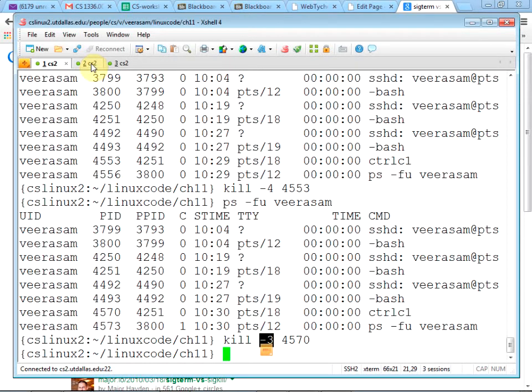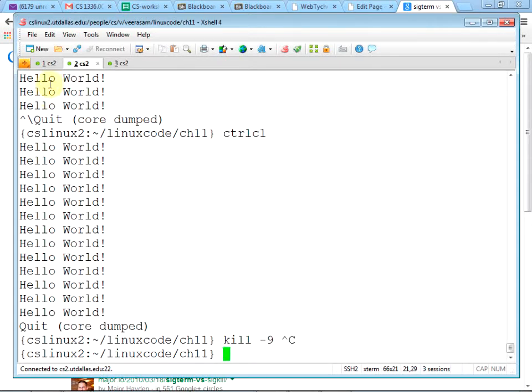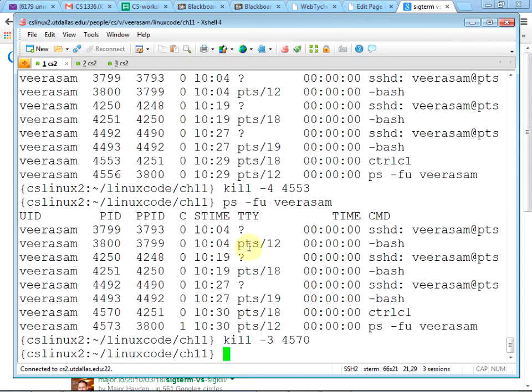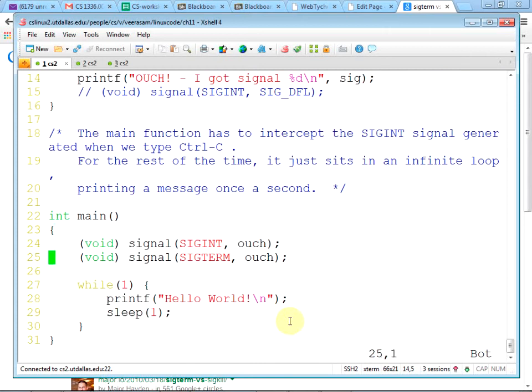But from another terminal, usually when we want to stop a task, we kill it. You can do kill and the task number, and that will send 15. And if you want a sure kill, if it doesn't respond, you can do kill -9 and the PID. Okay. So if you want to capture 3 too, you can do that, right? Control C. So what do you want to do?